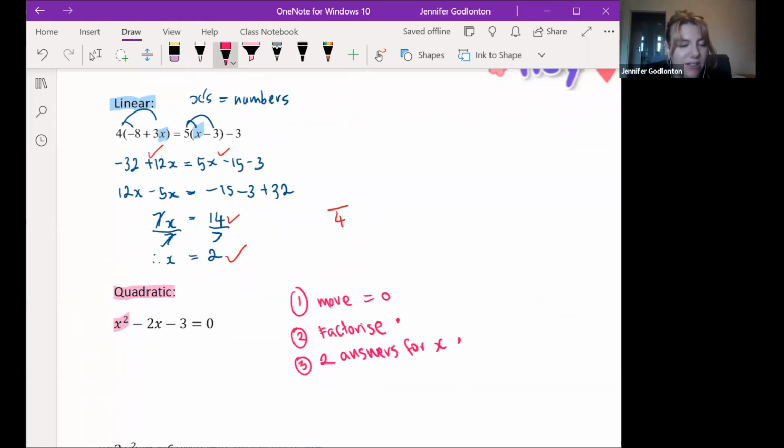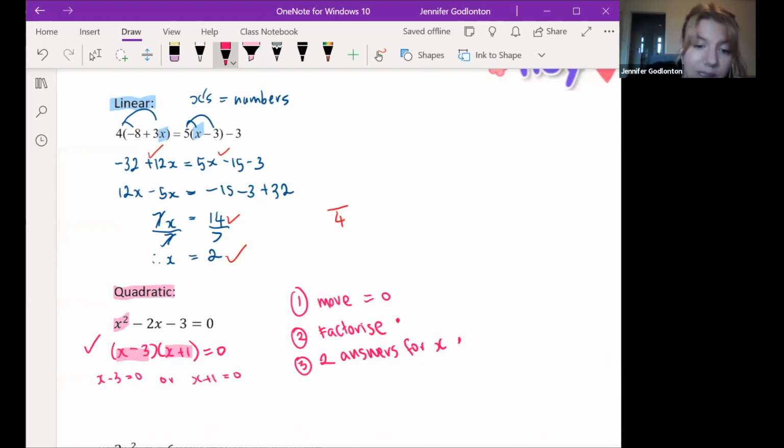Beautiful. Great start. Excellent, guys. So we're going to factorize this. We're going to have x minus 3, x plus 1 equals 0. If you get to that, you get 1 mark. And then we split it up. So we say this is equal to 0 or this is equal to 0. So x minus 3 equals 0 or x plus 1 equals 0, which means x equals 3 or x equals